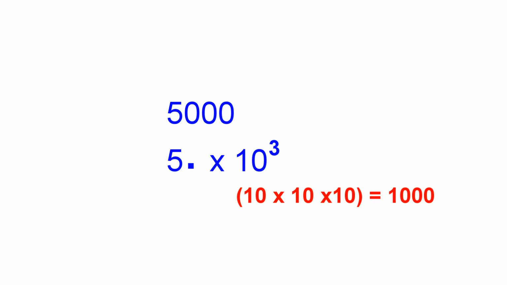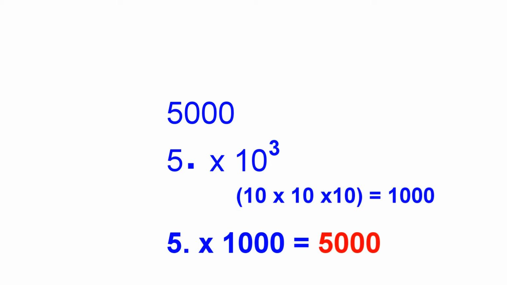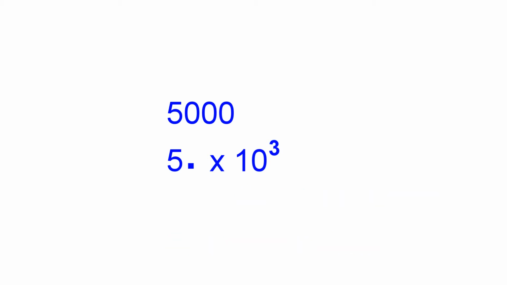Notice that 10 to the third power is 10 cubed, which is 10 times 10 times 10. And that equals 1,000. And 5 times 1,000 equals 5,000. So what you see on the screen are 2 different ways of writing the number 5,000. But what if we have a number like this,